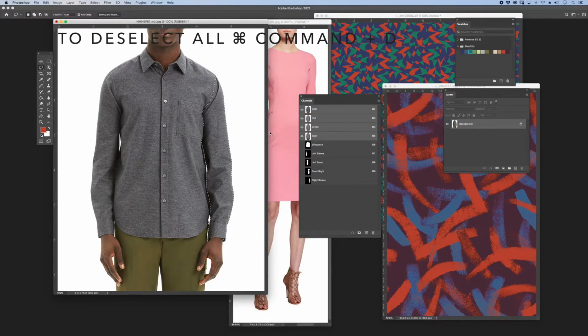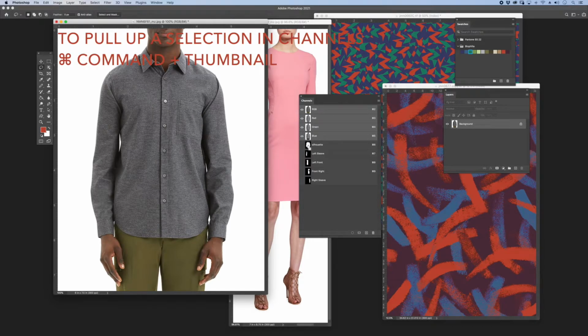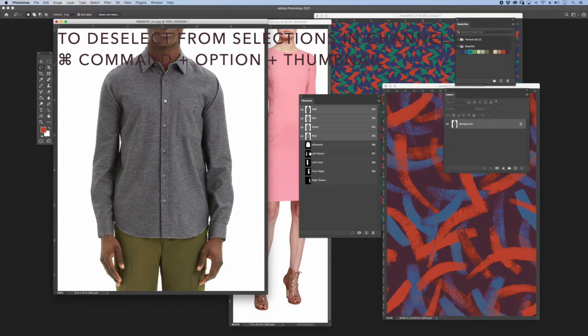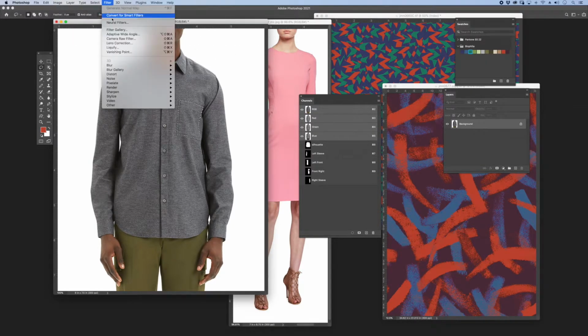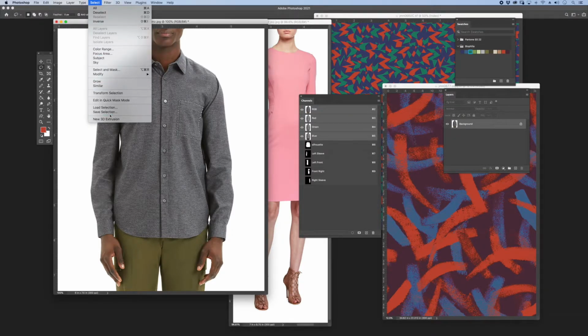I'm going to do the same thing where I'll deselect everything, hold Command to activate the silhouette as a selection. Now I'm going to hold Command and Option and deselect the left sleeve, the left front, the front right, and the right sleeve. Now I'm going to deselect the collar. And I'm going to save that selection as